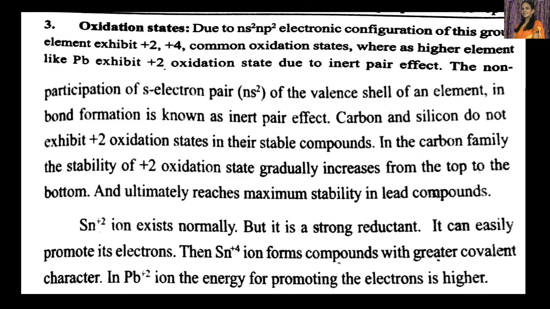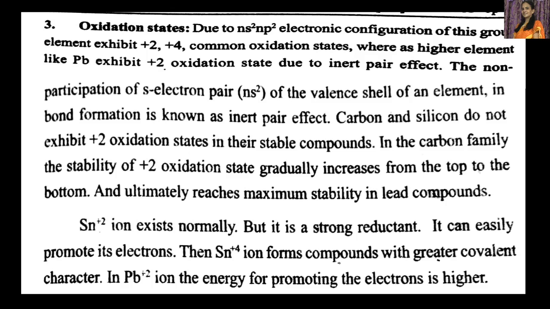Now let's see the oxidation states. These elements have 4 electrons in the outer shell. If they use all 4 electrons, they exhibit the +4 oxidation state. If they use only the np2 electrons in bonding, they exhibit the +2 oxidation state. The outer electronic configuration of this group is ns2 np2, therefore they exhibit +2